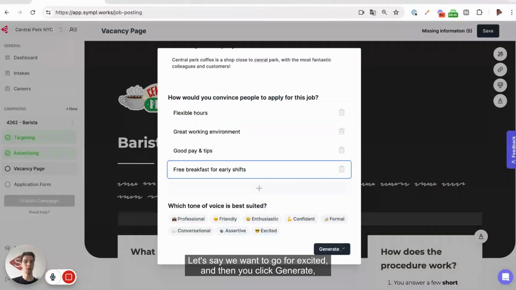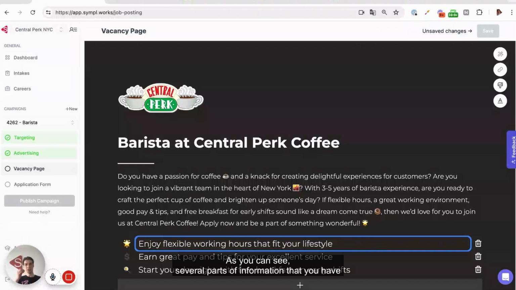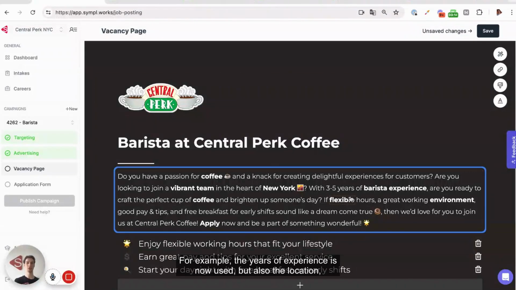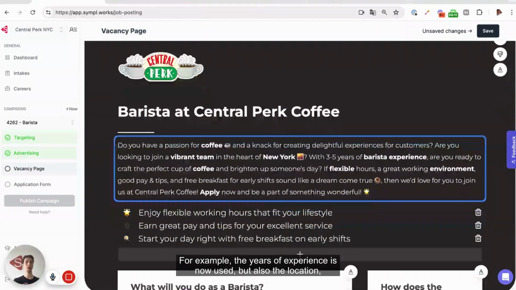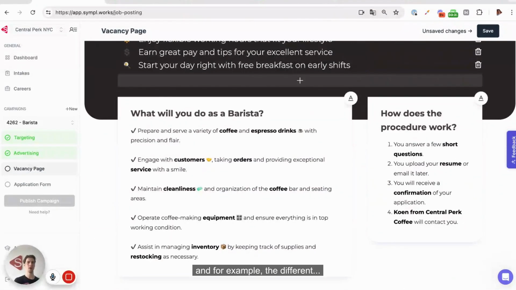Let's say we want to go for excited, and then you click generate and our AI tool will do the rest. So as you can see, several parts of information that you have already given for the campaign comes together in this text. For example, the years of experience is now used, but also the location